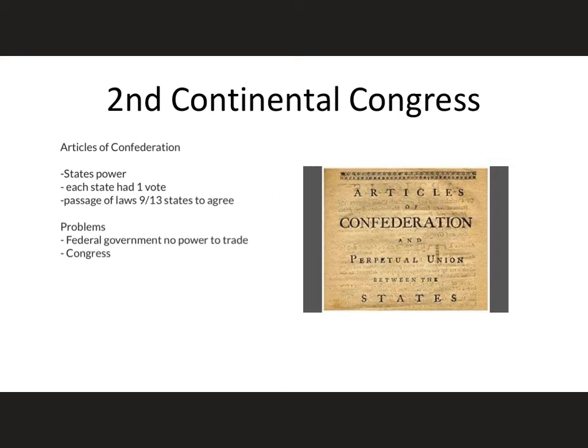Also, Congress or the federal government could not tax. So they had no way of getting money. If you went to war with somebody, there was no way for them to pay for every state. Every state was kind of independent in that fact. So it really created a lot of inequality and also prevented the federal government from really having any power. So this really led to a weak federal government,